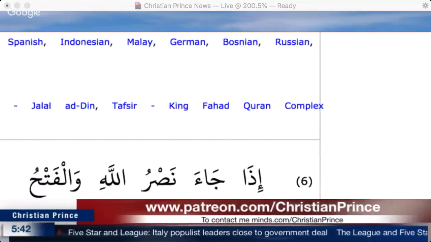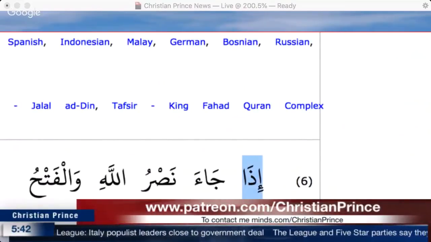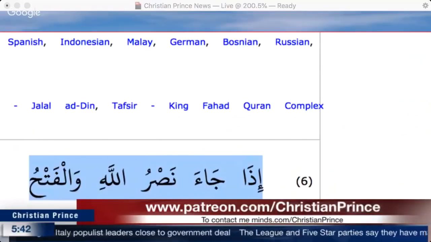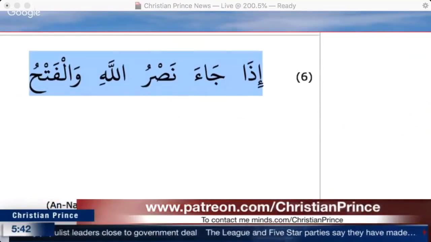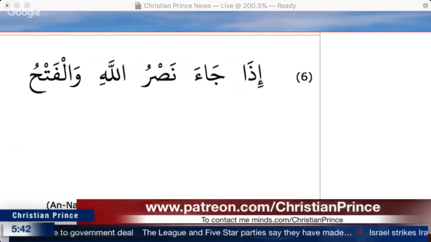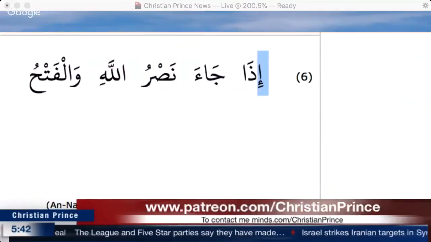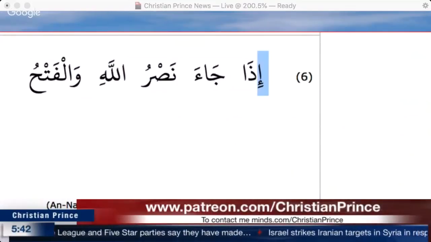Do you see the verse here? Do you see the verse here, guys? This is the verse they count for us. Do you see it? This is the same verse. It's appearing in the screen. Chapter 110, verse number 1. What is the first letter there? There's Alif and there is Hamza. You remember we showed you that they count the Hamza as a letter by itself? Do you remember?